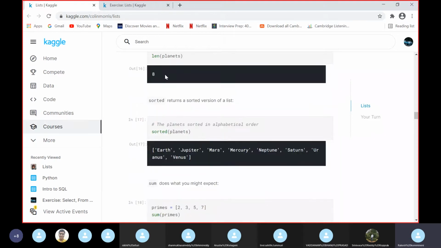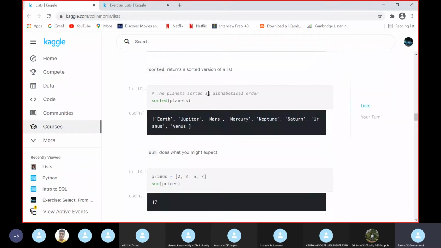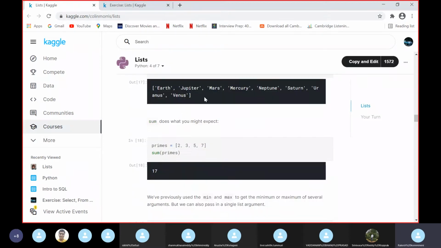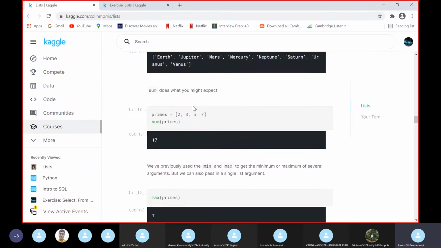Coming to another function, sorted is one of the functions which returns a sorted version of a list. So sorted of planets will give the elements in alphabetical order. And coming to the next one, sum is one of the functions which returns the sum of the elements in a list.